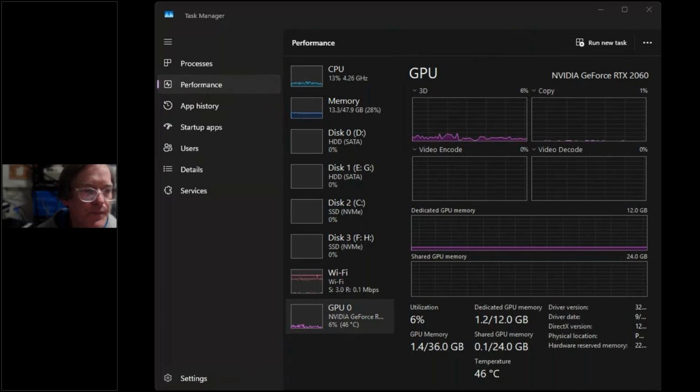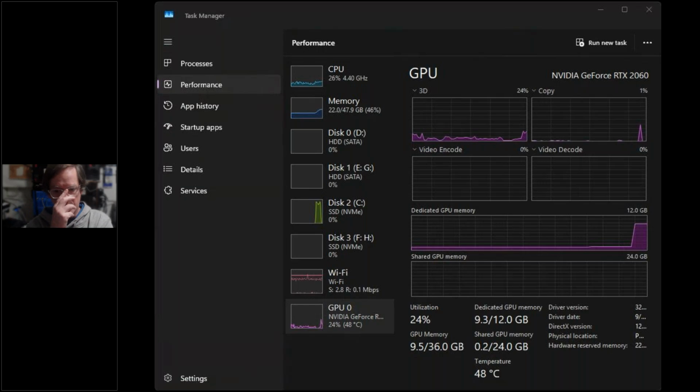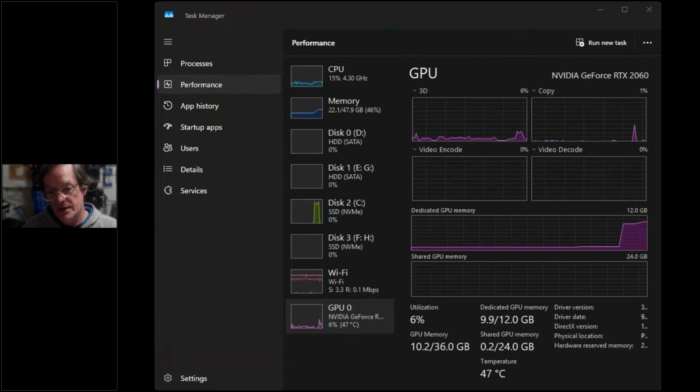It's like a service, but you have to tell it what model you want to run. So I just told it what model to run, and it's kicking into gear. The CPU has jumped up a bit. Takes a little while to get started up. The model has to get loaded into memory. And you see, look at the memory now in the GPU, 9.9 gigabytes out of 12. So it just took off a big chunk. And then